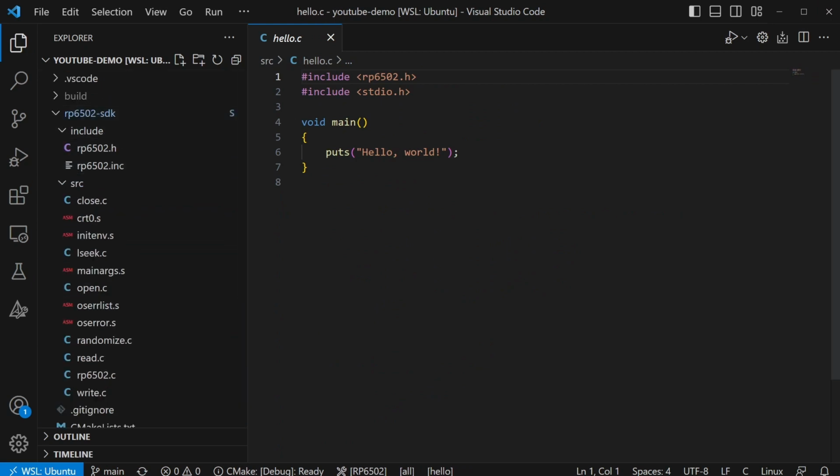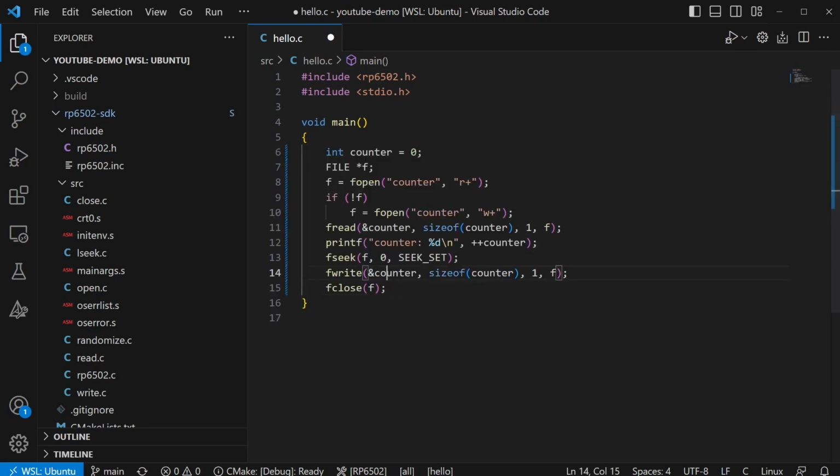Let's go back to hello.c in the source folder. I'm not even going to rename it, we're just having fun here. I wrote a program that keeps track of how many times it's been run. The Pico computer uses FAT-formatted USB drives for storage. We'll use a file there to track the count. Cue the montage of me typing. Just kidding, I'll paste it in and explain it.